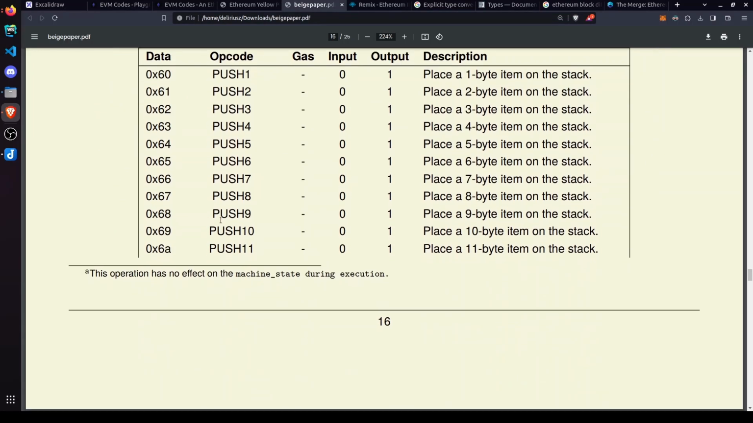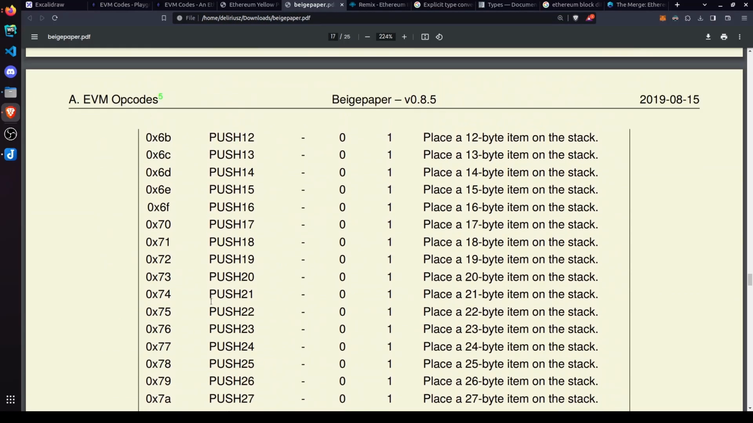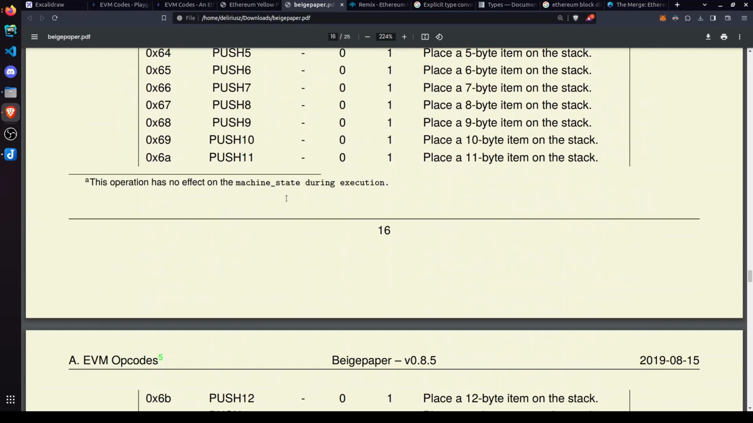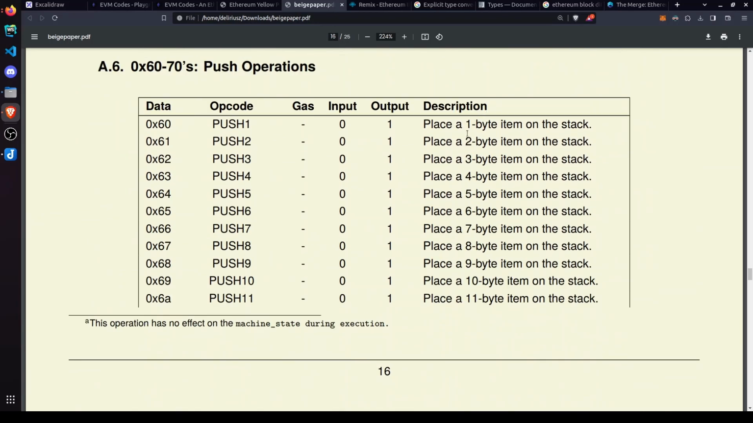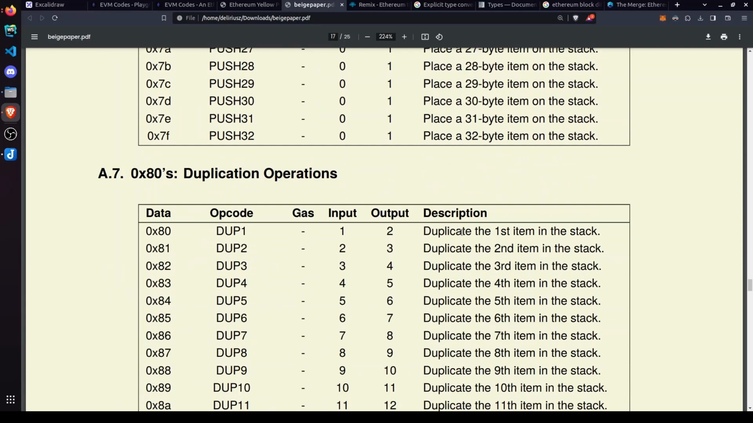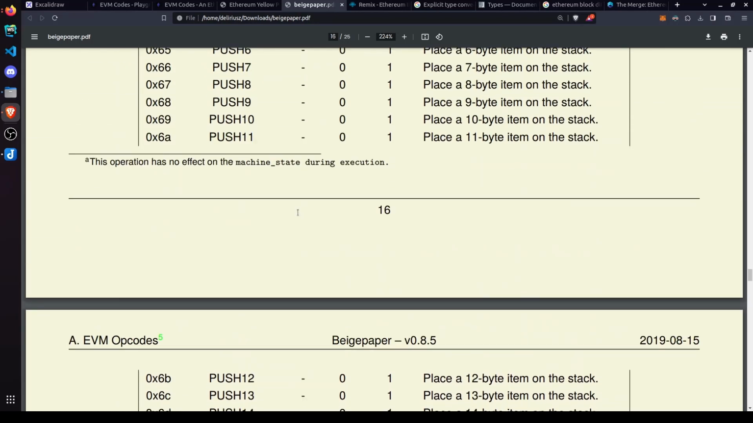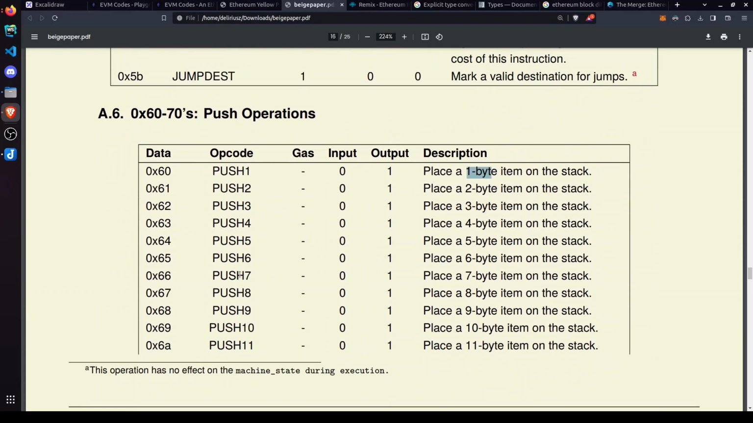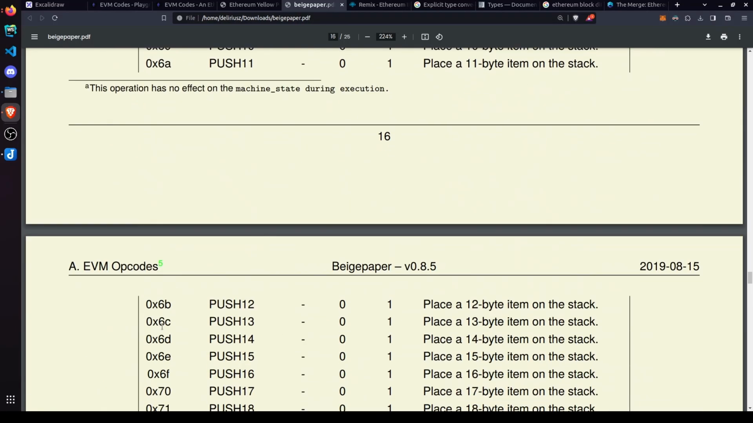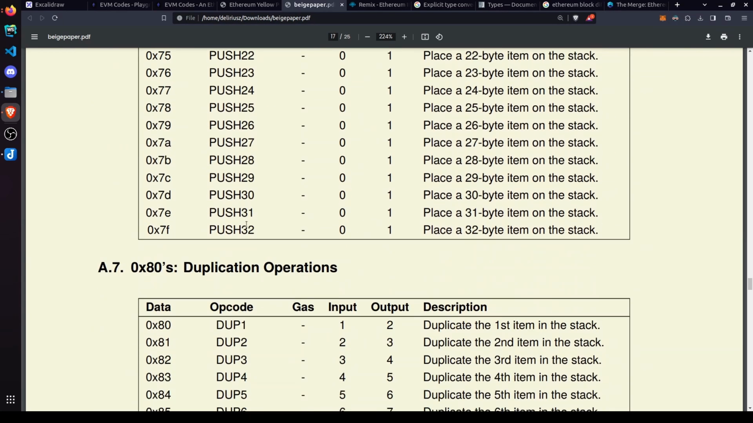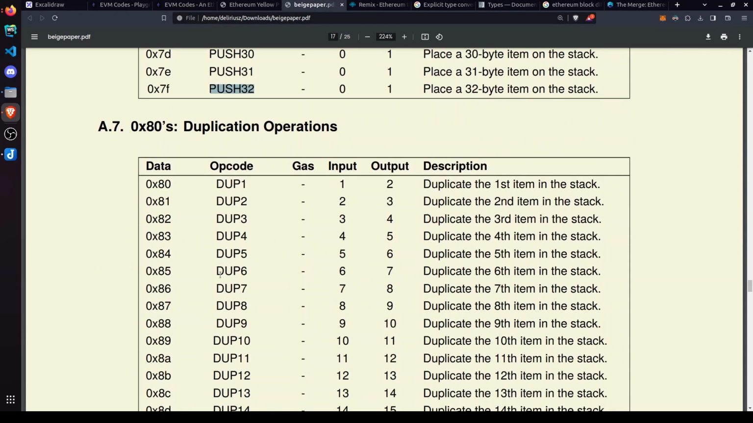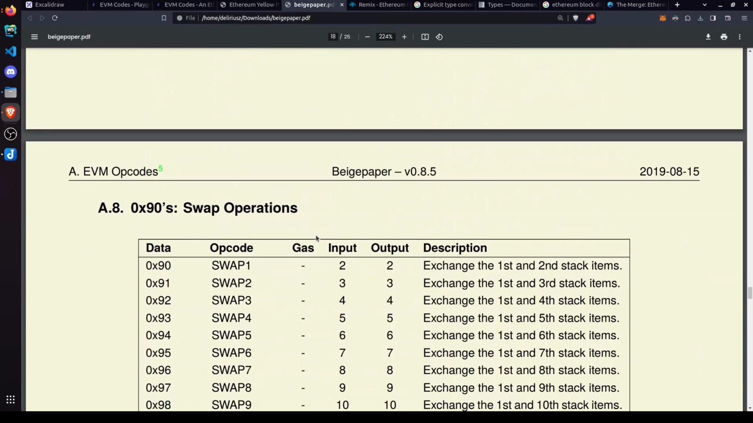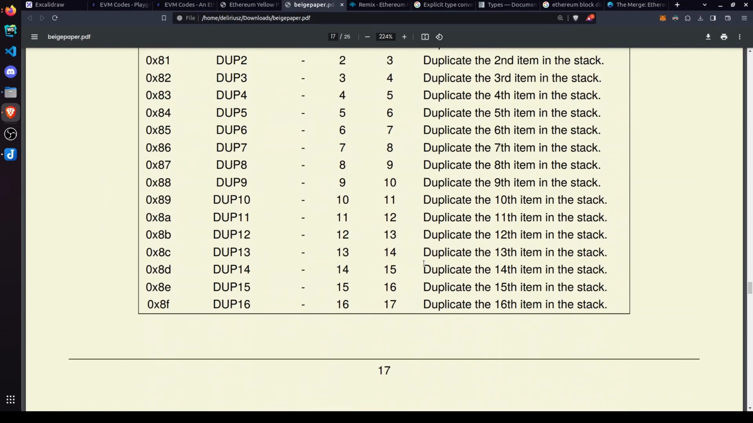Next we have pushes, and you can see that we have 32 pushes. The difference is that we are placing 1, 2, 3 up to 32 bytes. So if you want to put 5 bytes, you can use push 5. If you want to push 32 bytes, you are using push 32. The same with dupes, and again I already mentioned that